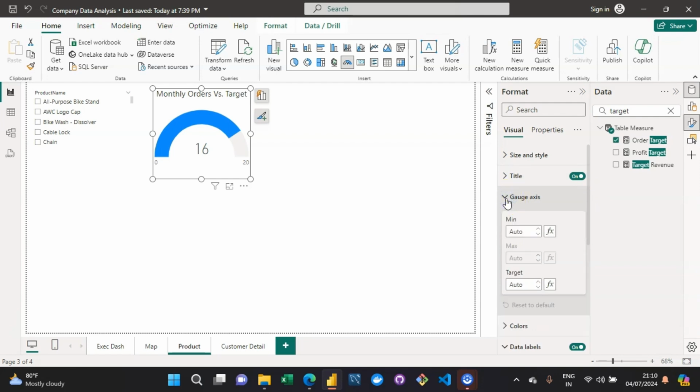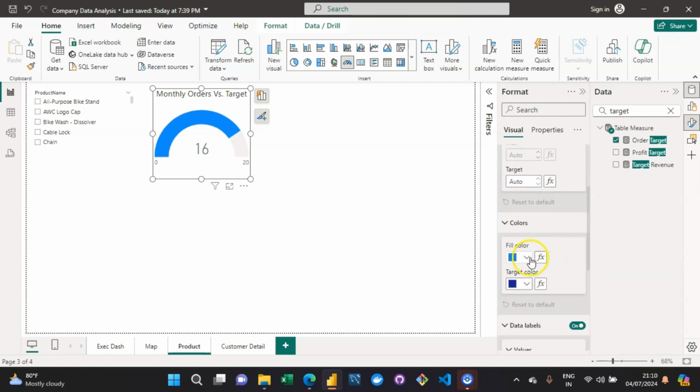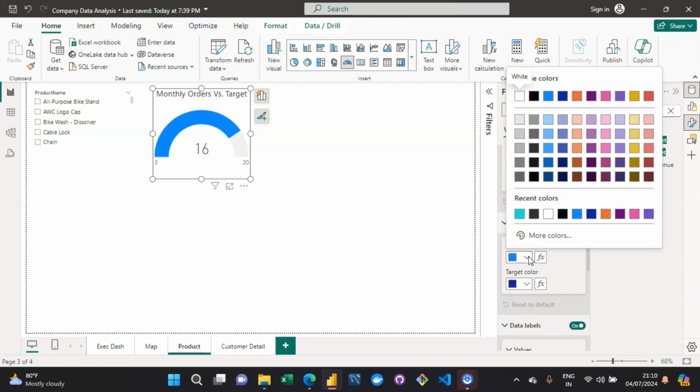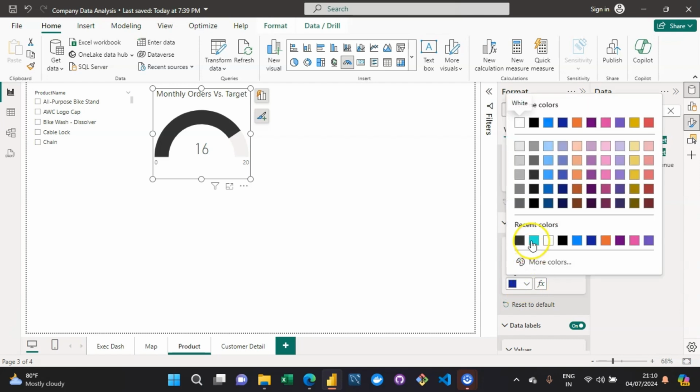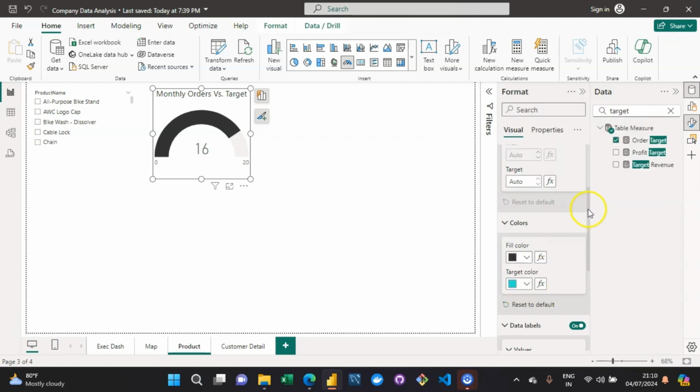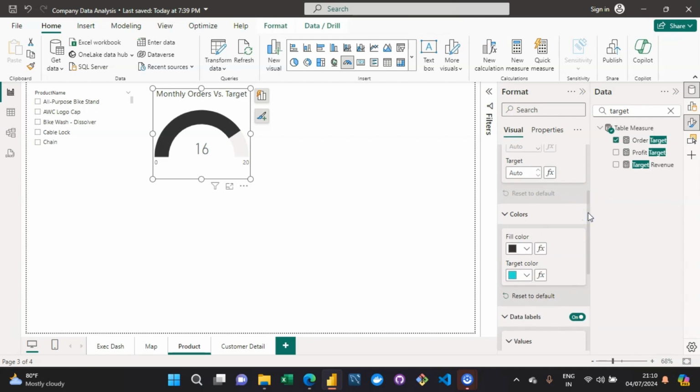So with respect to gauge axis, this seems quite fine, target. But with respect to colors, I don't want to show the specific color, right? As I want to match the formatting that I was providing in the previous videos. So I want it to be shown like this. Okay, and with respect to the target color, you can keep it as Maven blue if you want to. There is no need to keep it as regarding the target color. It's completely fine if you're keeping it anything. But with respect to your fill color, you should make sure that you are matching the formatting with respect to the rest of the visuals or with respect to the rest of the report pages. Okay, and